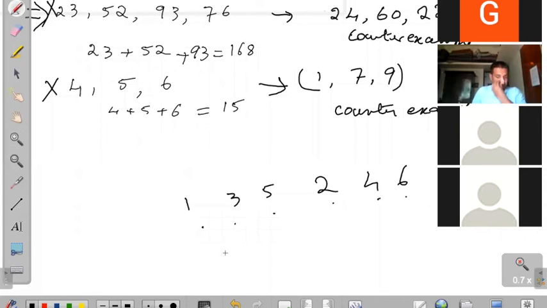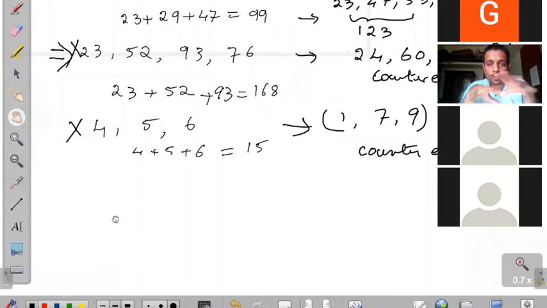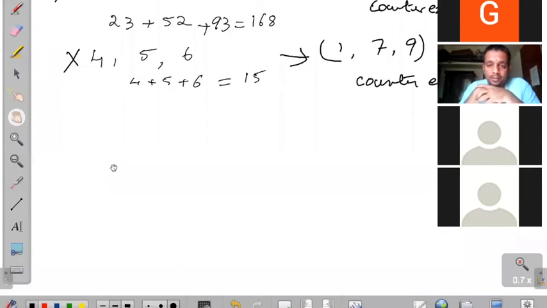But still, till now we have not found a counter example for 5 numbers. So if it works for 5 numbers, 6 numbers is implied, right? I think if there is a sequence of 7 numbers, then we can be sure that the sequence will certainly contain 3 numbers whose addition will give us a multiple of 3.